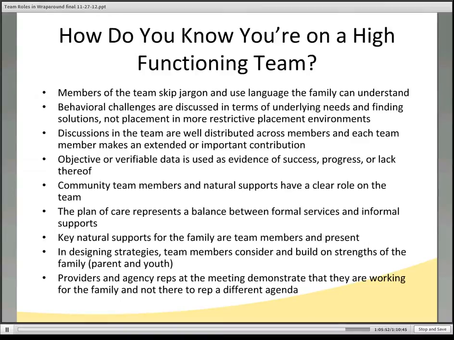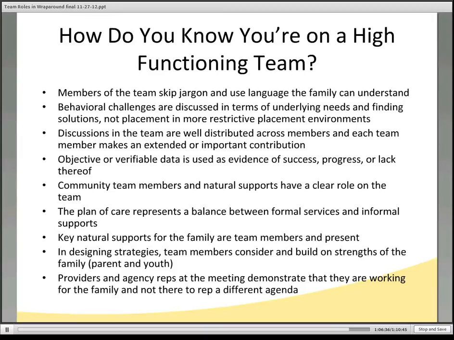Instead of talking about behavioral challenges or incidents that have happened, they're really discussed more in terms of, let's look at why that might have happened and what's the underlying need, and really about trying to figure out how we can maybe change what we're doing to help alleviate those challenging behaviors. It's not about deciding, this child's behavior is too big for wraparound, and placing them in a more restrictive environment. We work to keep kids at home with their family and in the community, and that's what a high-functioning team